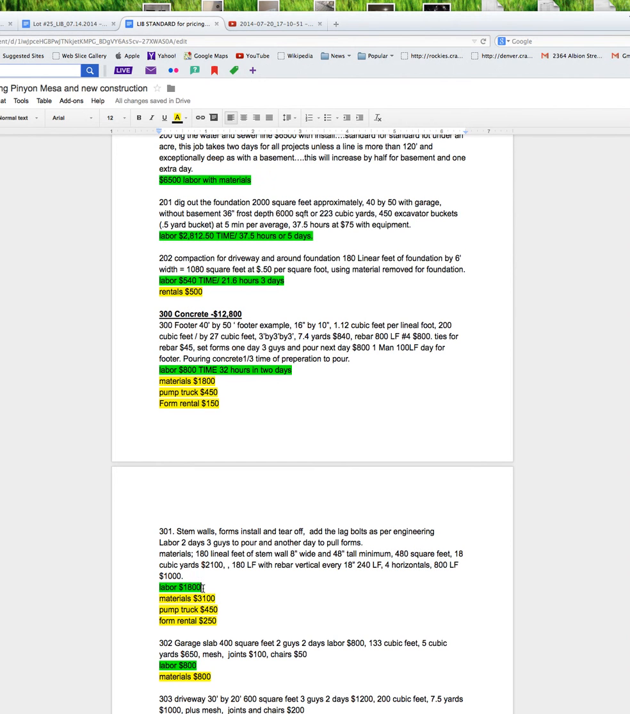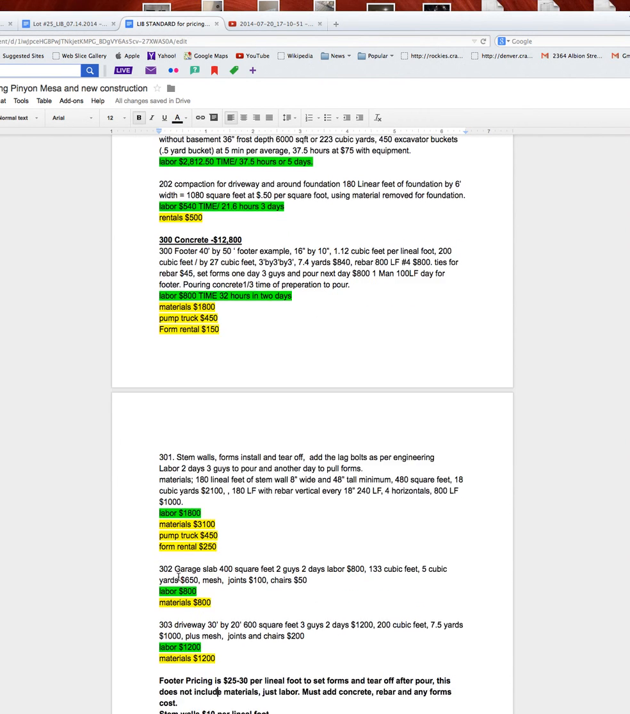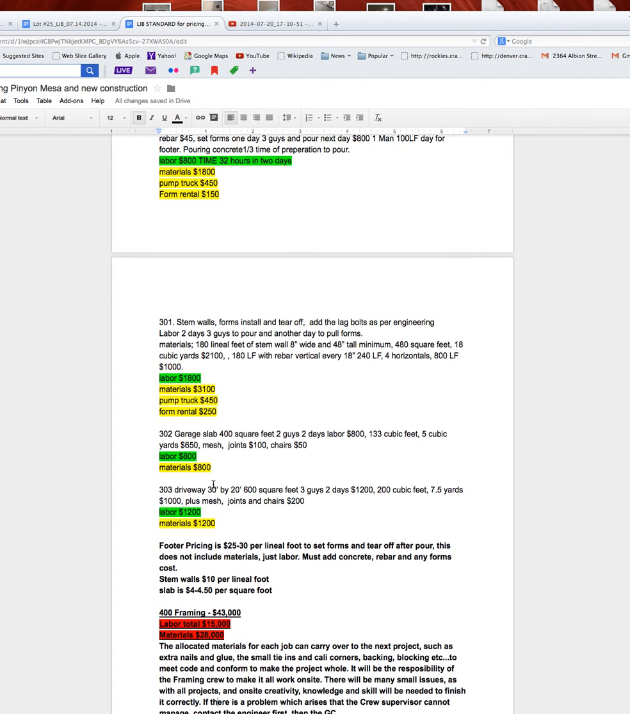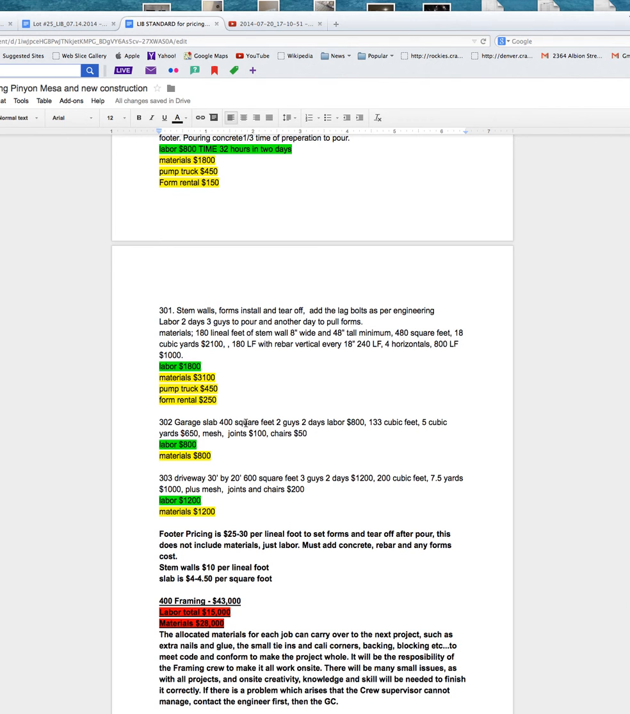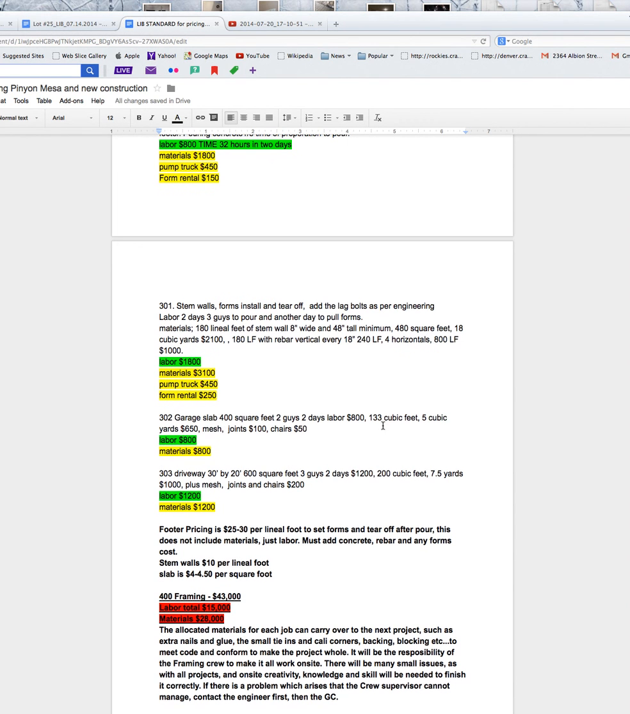So that all adds up to labor, 1,800, materials, 3,100, the pump truck again, and then form rental. The form rental is more expensive on stem walls because it's more square footage. It's more area. And then the garage slab. The garage slab is actually a little bigger than this. It's about 450 square feet. But 2 guys, 2 days labor, it's going to be about the same. The only thing that's going to change is a little more cubic feet. 5 cubic yards of concrete,